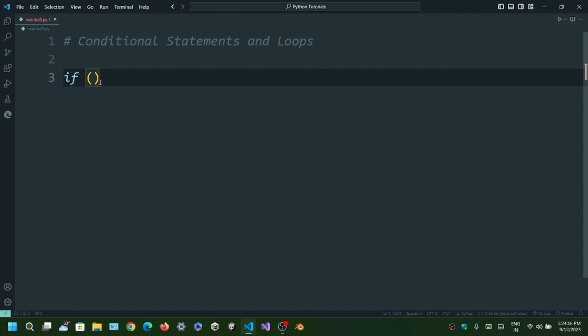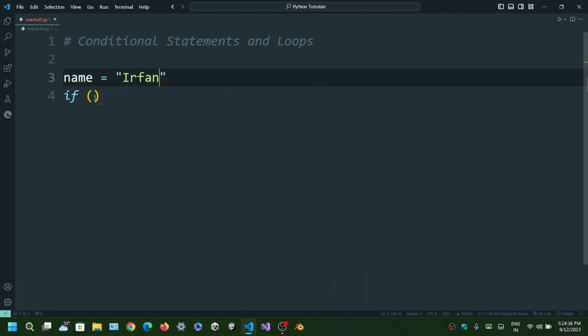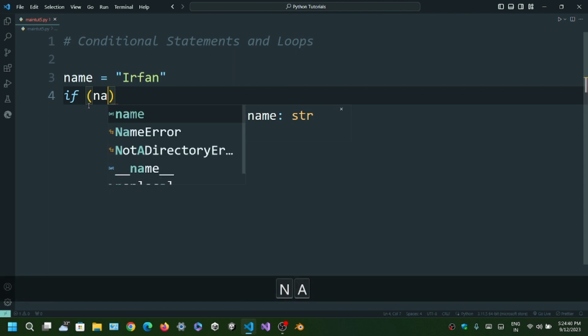We use if, then we give brackets. At first let's discuss the brackets of if. This is the keyword if. Okay, this is the name of the statement, so you have to write it. After giving a space, you need to start some brackets. Inside these brackets, you need to write a boolean. So let me create a variable name equals Irfan. So if name